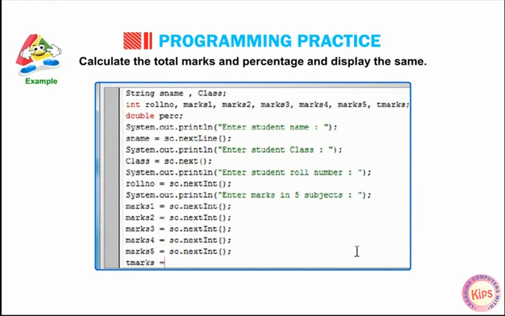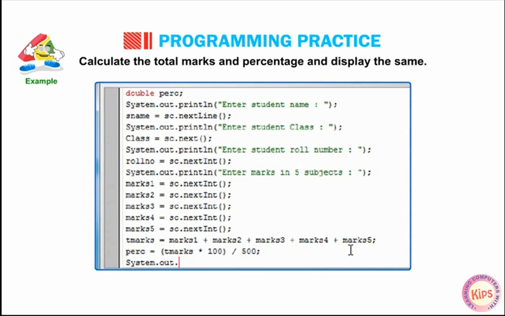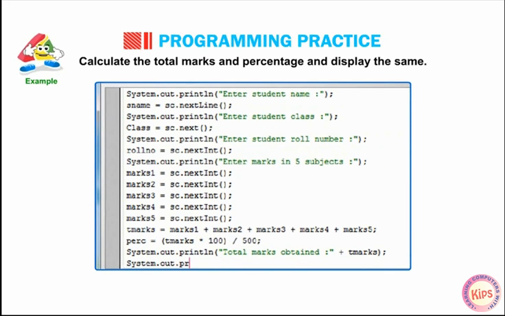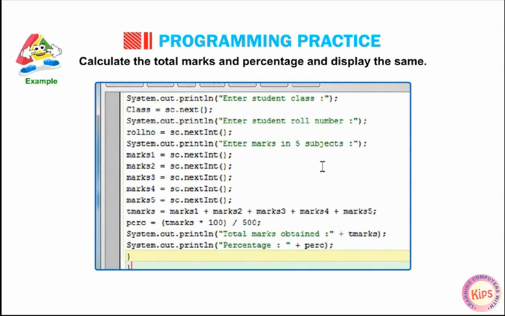totalmarks = marks1 + marks2 + marks3 + marks4 + marks5; percentage = (totalmarks * 100) / 500; System.out.println("Total marks obtained:" + totalmarks); System.out.println("Percentage:" + percentage); } }